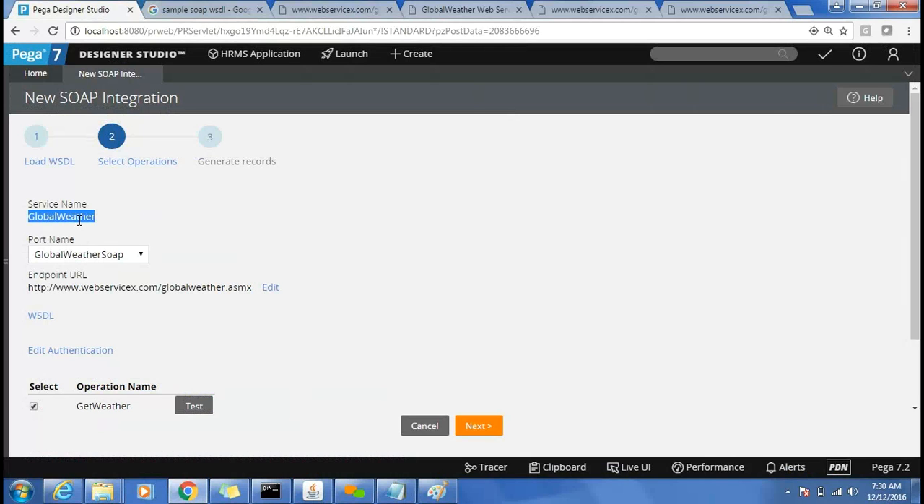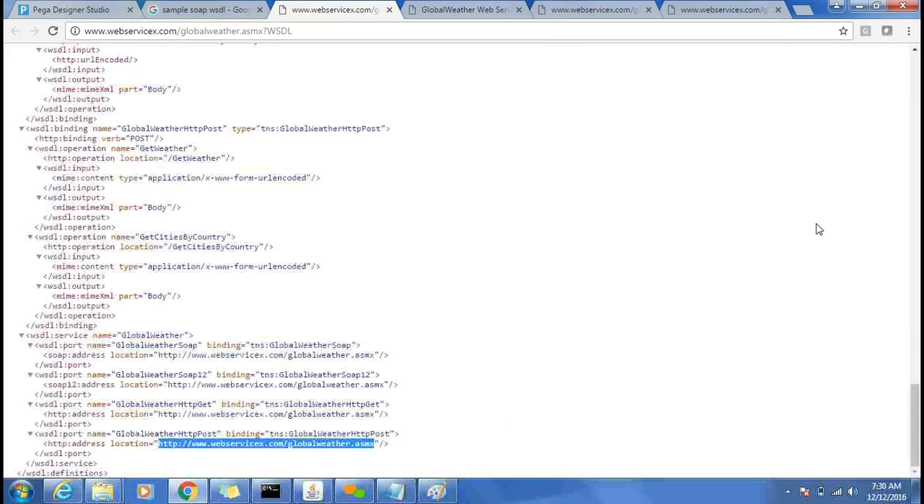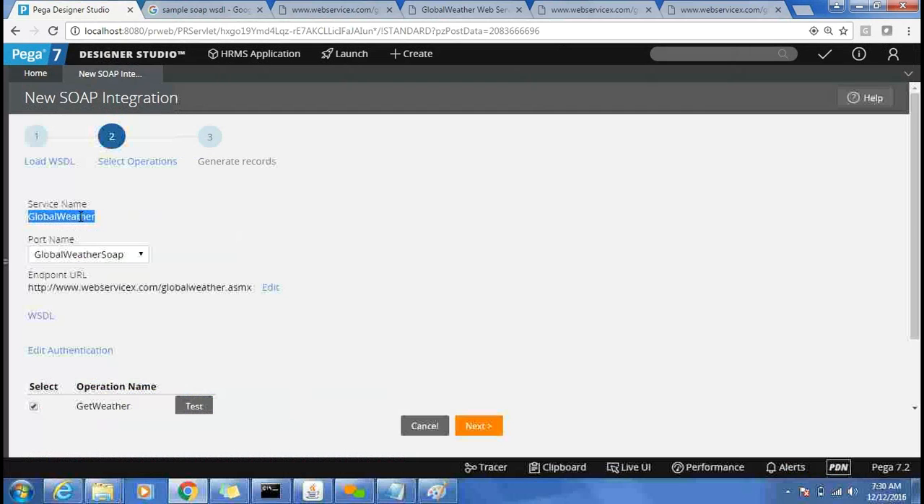It is just the name of whatever WSDL file is being created. In that WSDL file, it is taking the label as the first WSDL label. So here we have the service name given as global weather. It is the same name which is created here. So this service name is the one, and the port name, which